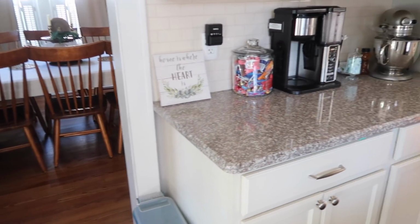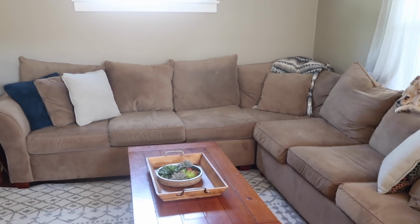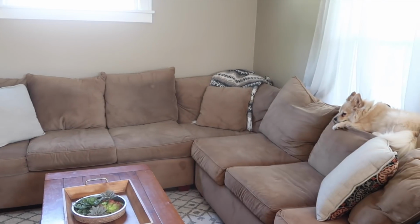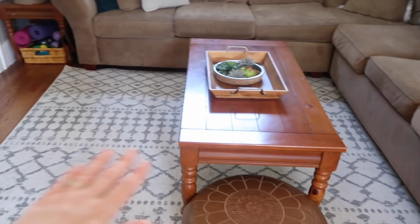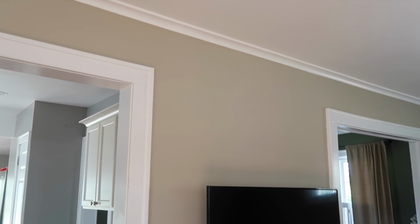And then the distance of this would move over here, getting rid of this couch because it's too big, and turning it. So instead of it being like this, this section would be over here, and then it would stick out through here, and then the TV would go over there. So this wall wouldn't be here. Obviously we'd have to have some type of support, like a beam or something like that, put in, but this